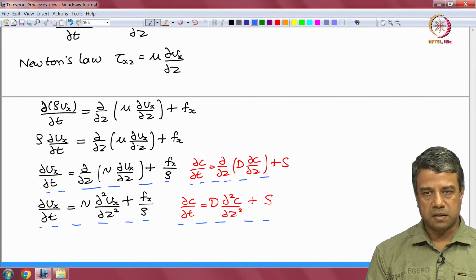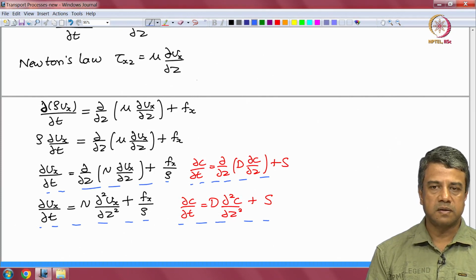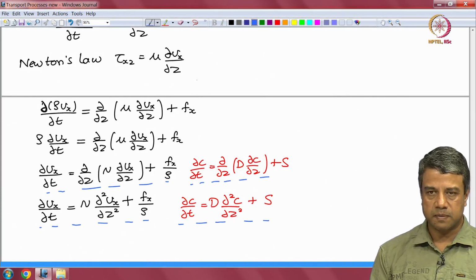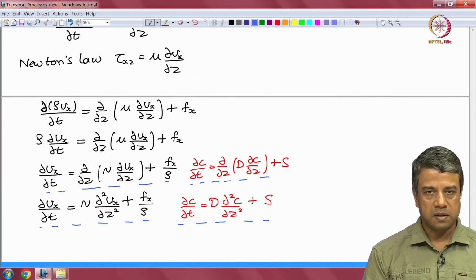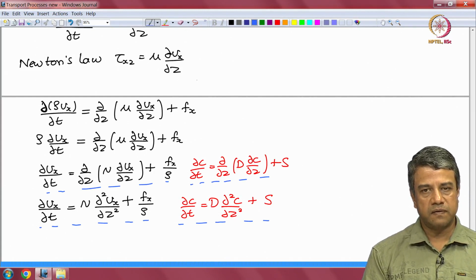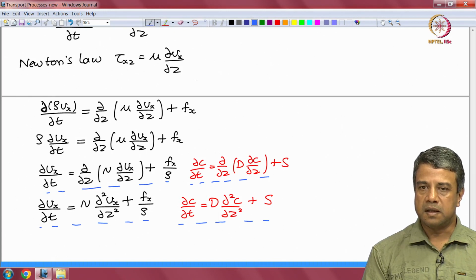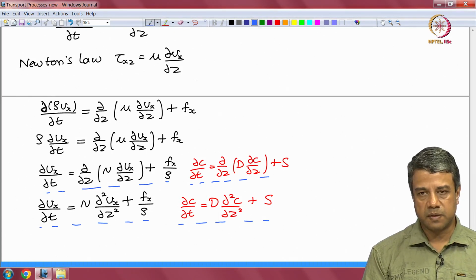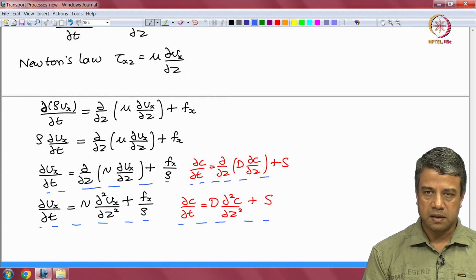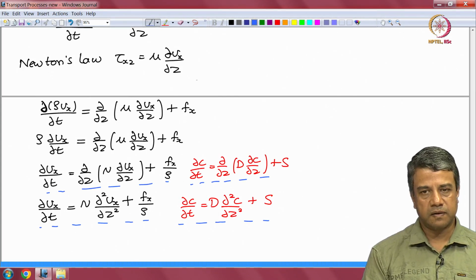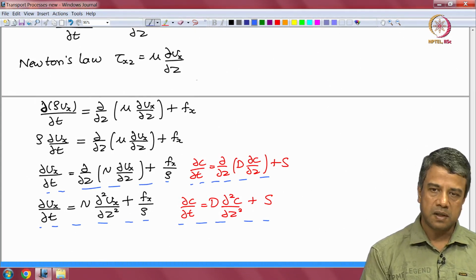Therefore, we can get general solutions without reference to the specific transport that is taking place. If we solve a mass transfer problem, for example, and in that same solution we substitute